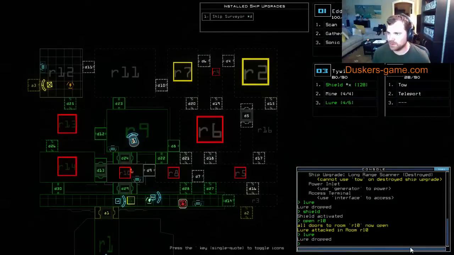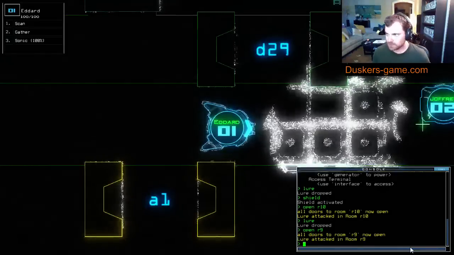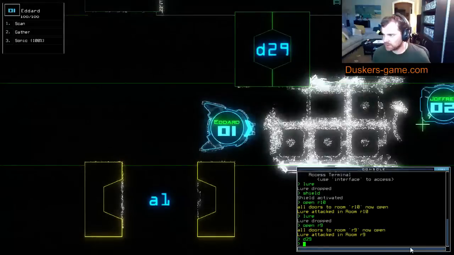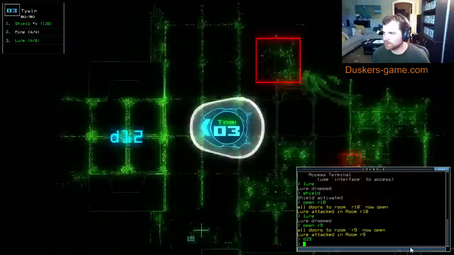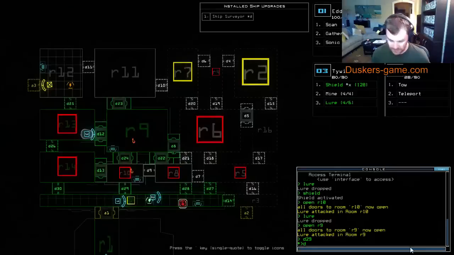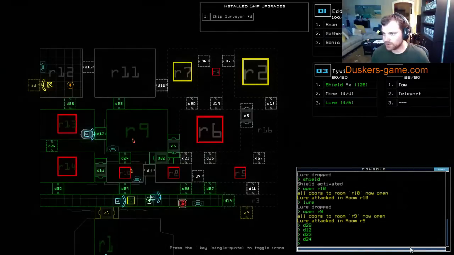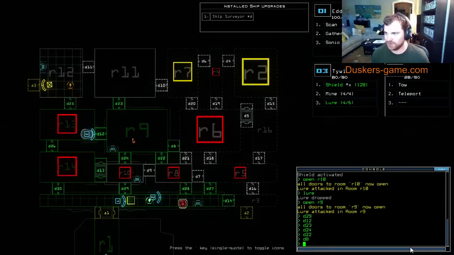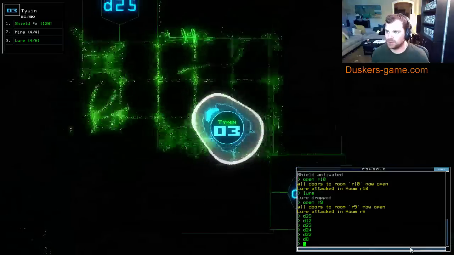Alright, what I really want to do is get to R12. I'm going to close D29. Oh, God. Okay, everybody's hanging out. Hold on. D12, D23, D24, D22. I should have just said close R9. What I really, really want, more than anything in the world right now,